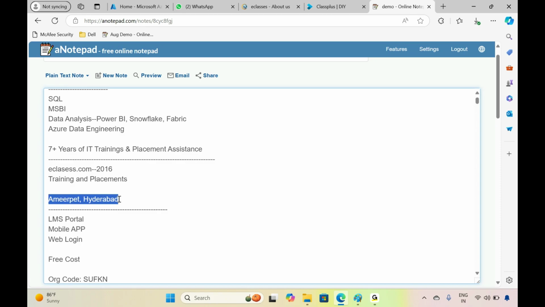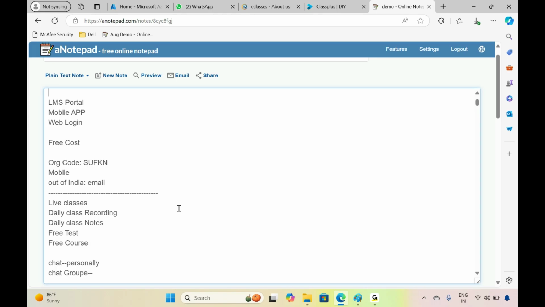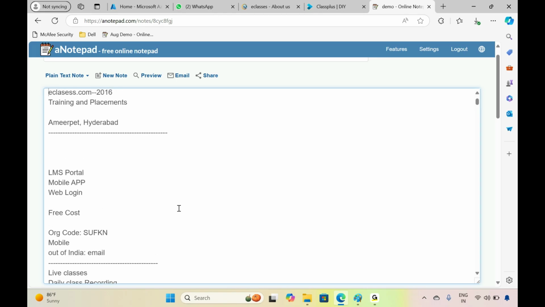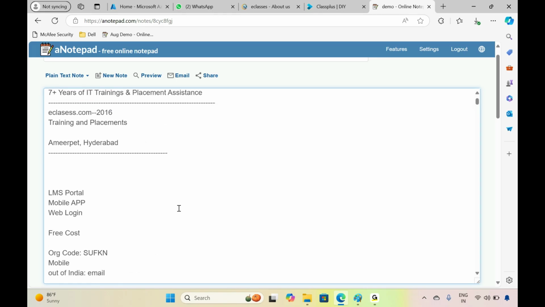To make every student more comfortable while they are learning, we have created a free LMS login. So what is this free LMS login? Many institutions take the classes on GoToMeeting or Zoom, upload the videos into Google Drive, and then give you access. It takes a lot of time.